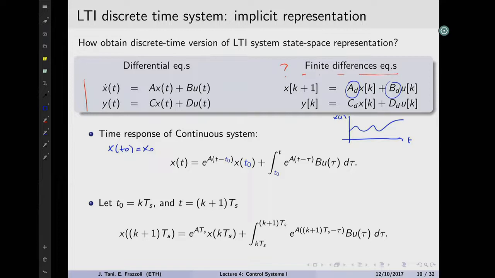All we need is a knowledge of the state at this point in time before the present, t naught, and the knowledge of the input between then and now. The knowledge of the input is indicated by the integral of this u signal between t naught and t, and all you need is the state variable that is the memory of the system evaluated at that particular time instant, t naught. So this is how things look.